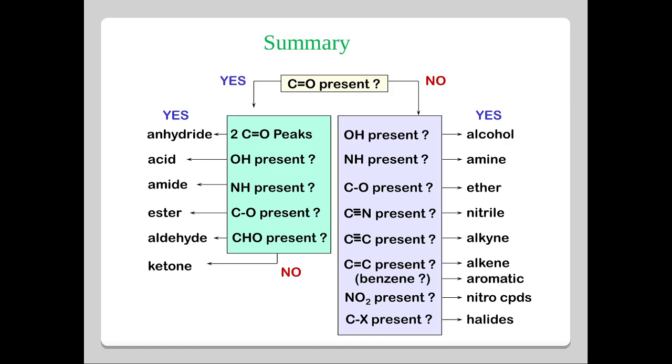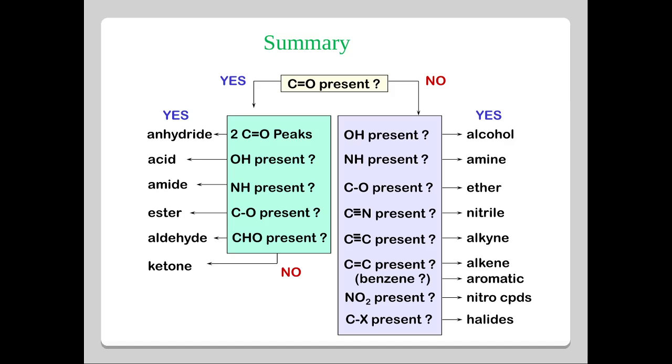A good rule of thumb, for me personally, is that I start looking for OH first, whether the molecule has got an OH. It's very easy to distinguish the OH functional group band from other bands, because the OH band is really broad. So if you have an OH band, then obviously it's either an alcohol or a carboxylic acid. Then if there is an OH, I look for the carbonyl band, C double bond